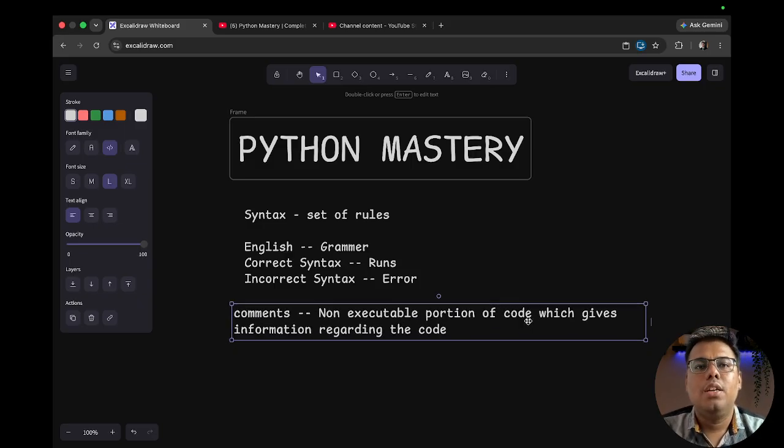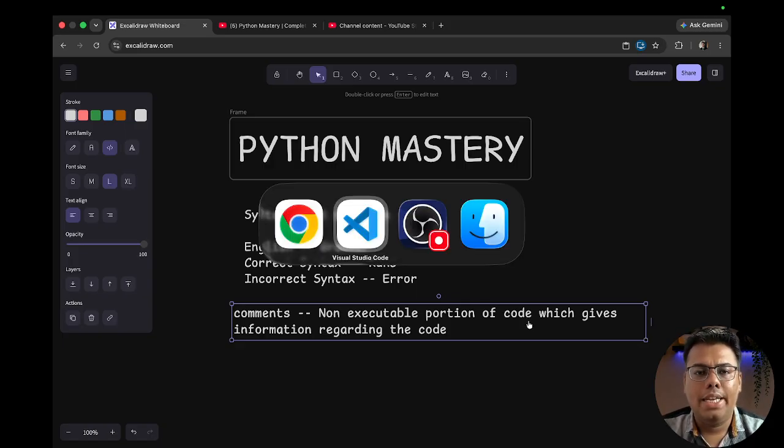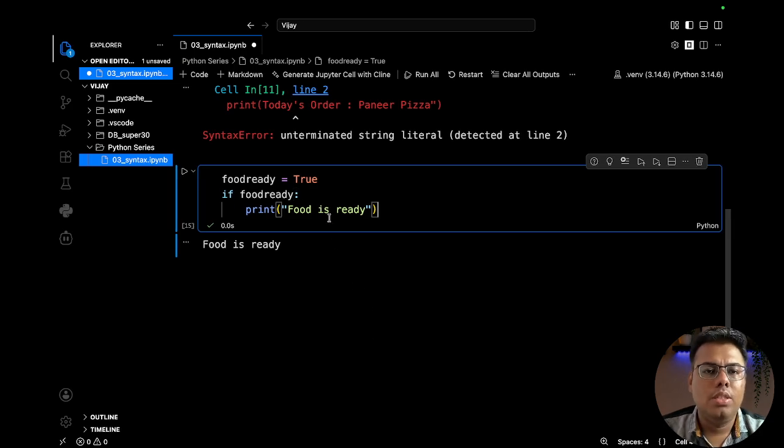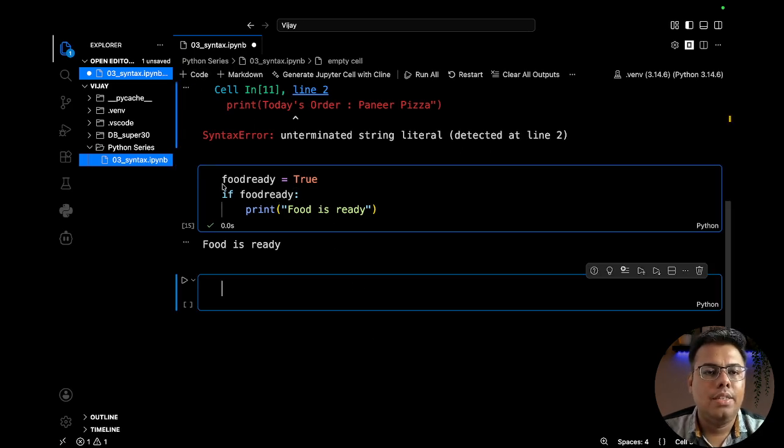Then what is the need of writing that? So let's say today I am writing a code, and after 1 year or 2 years I have to review that code. I might not remember the context, or I might not remember the exact flow of the code, but comments will help us to remember that. So to show you practically, let me go here,